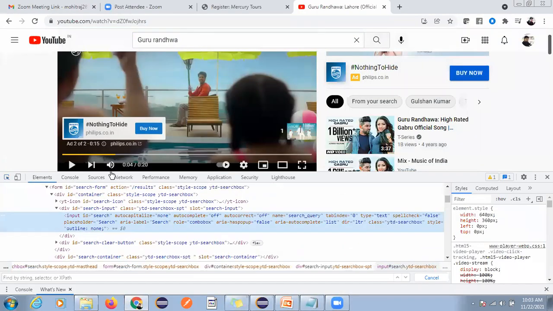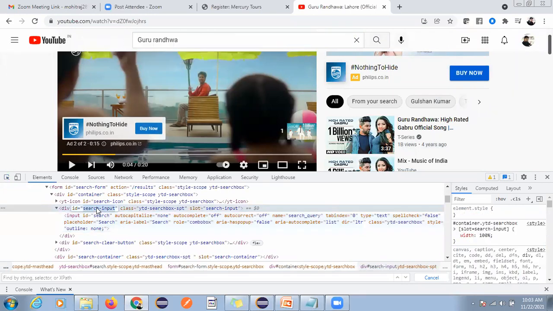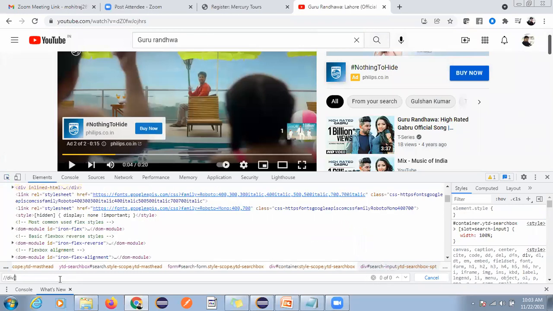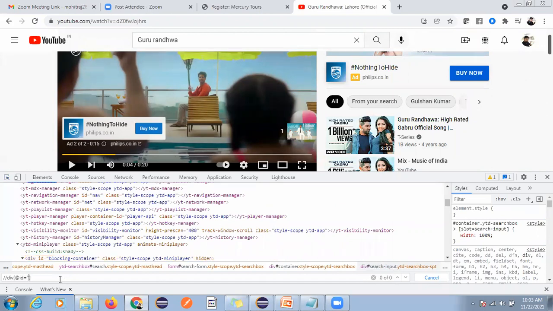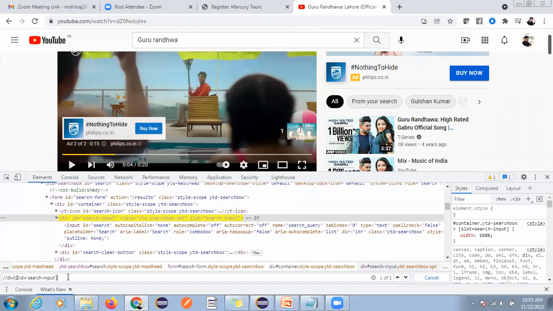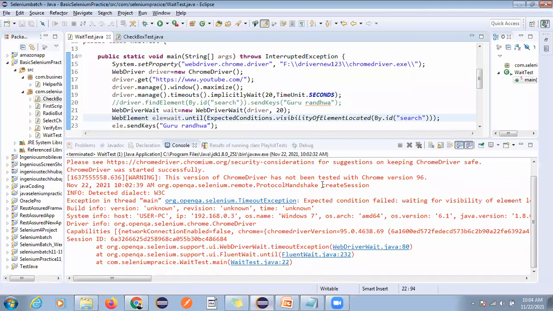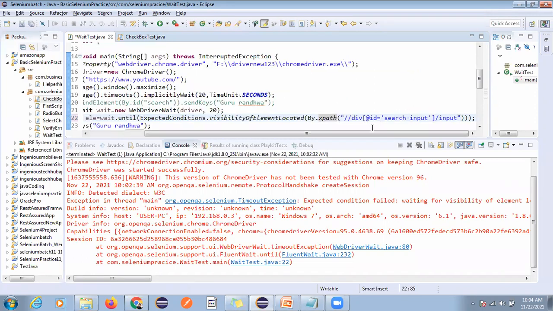So we can try a different locator here. I used id before. I'm just finding the element from here. This id I will use, div of id, and here we will reach the input. I'm trying to use xpath now. We have only one node, so I will use xpath here.